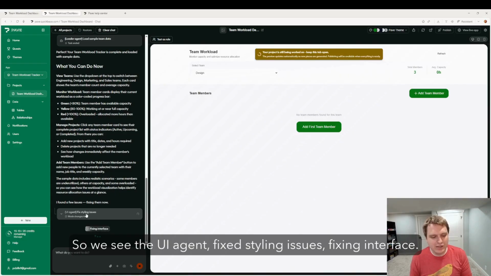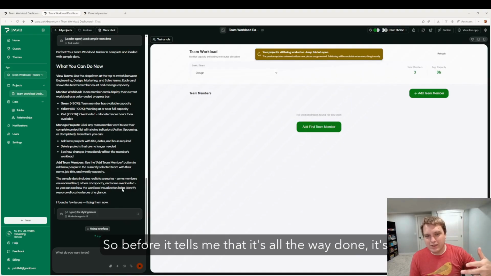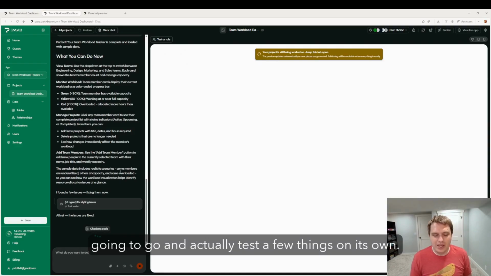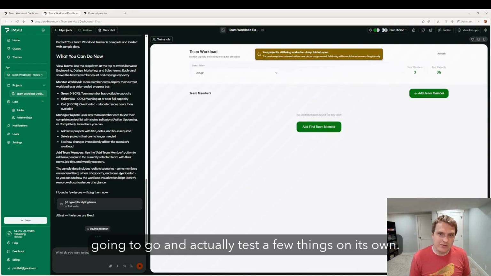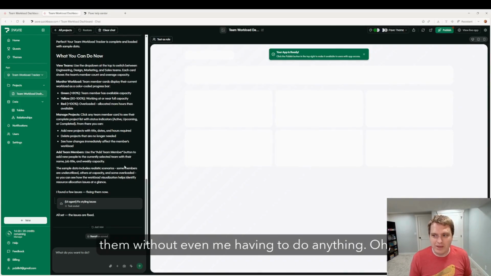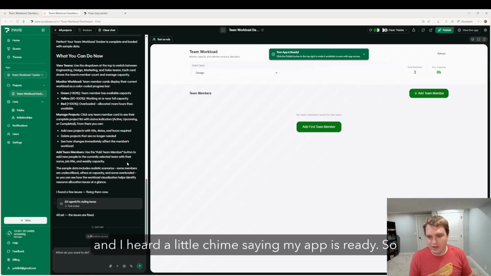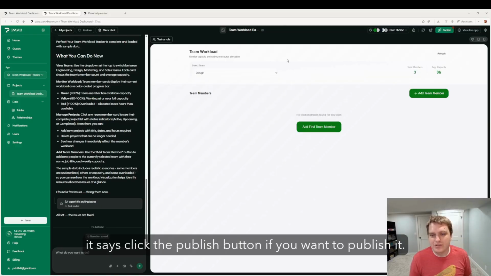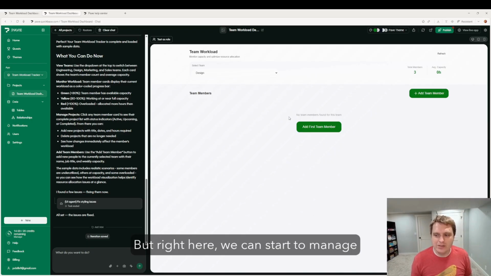So we see the UI agent fix styling issues, fixing interface. So before it tells me that it's all the way done, it's going to go and actually test a few things on its own, and then it's going to fix them without even me having to do anything. Oh, and I heard a little chime saying my app is ready. So it says click the publish button if you want to publish it. But right here, we can start to